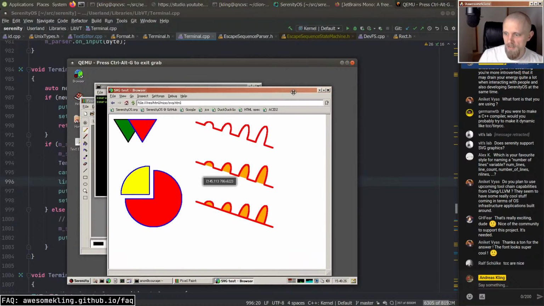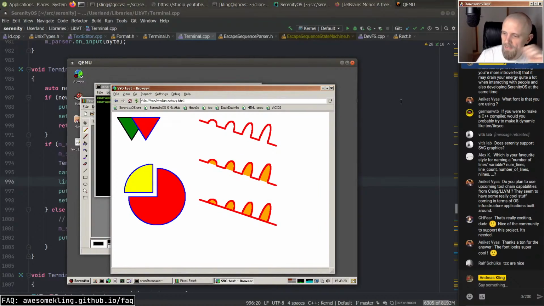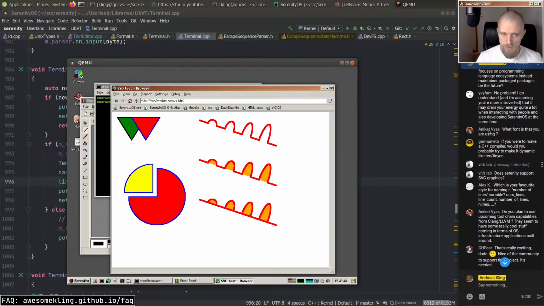Yeah, so these are SVG, and it's only in libweb at the moment, so you can't use an SVG icon or something like that. We don't have a standalone SVG library, but there is some basic SVG support. So I think these are paths with fills,